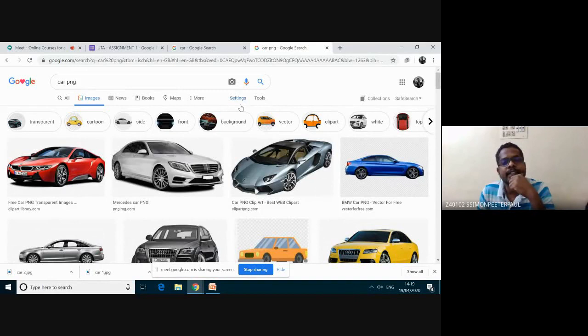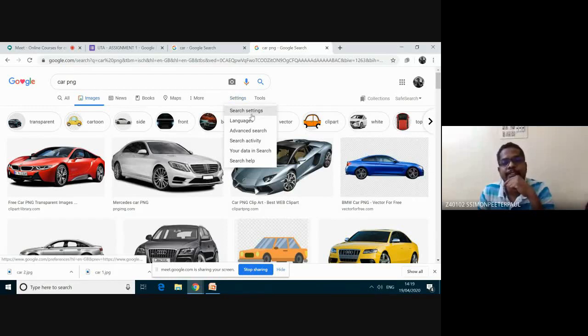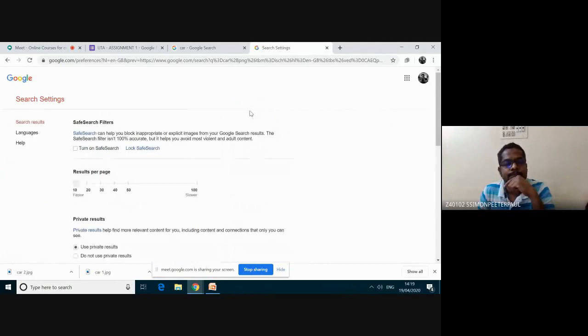And there is also another option here, settings. This option helps us to do safe search. So I'm clicking search filters, turn on safe search. It means it will block some inappropriate images, explicit images from Google search.